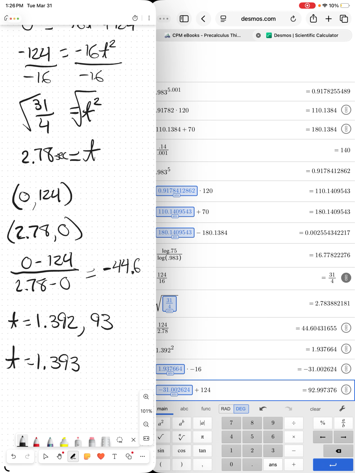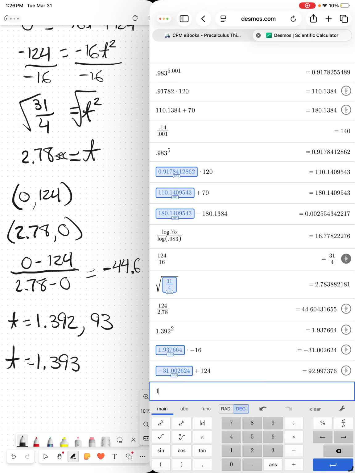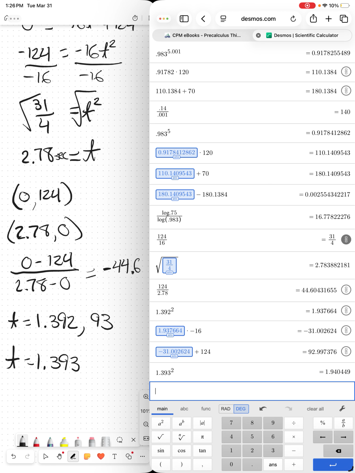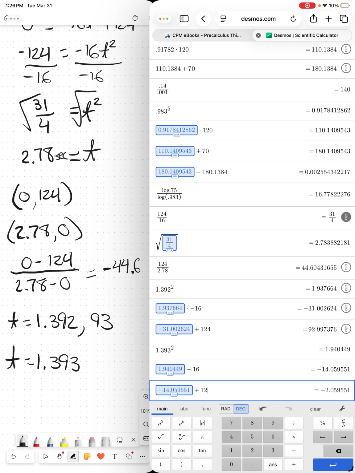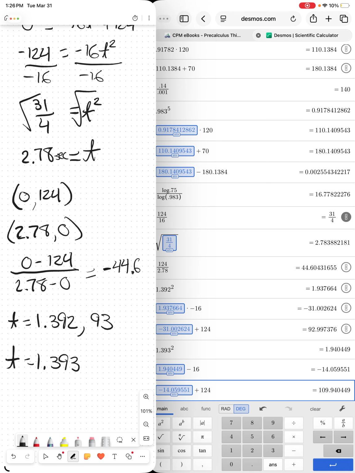All right, then we'll do this again. 1.393 squared times negative 16 plus 124. And we get